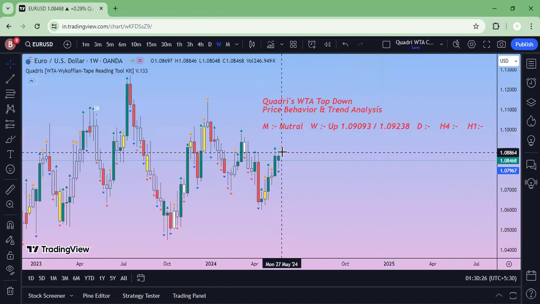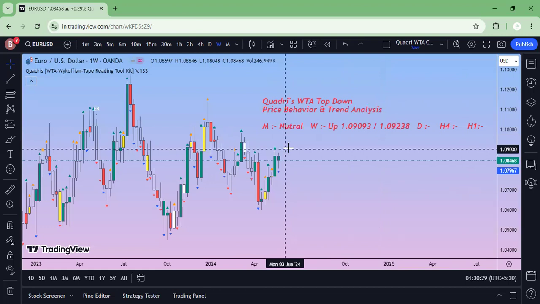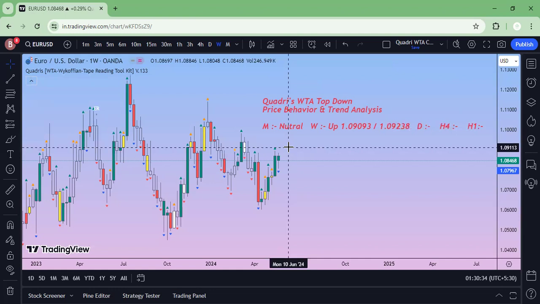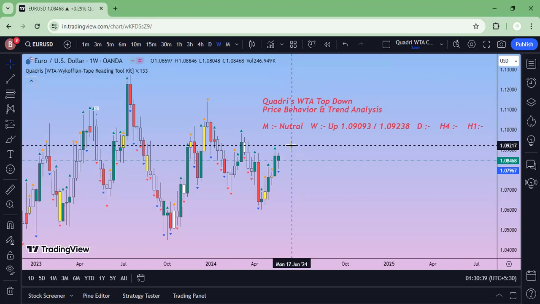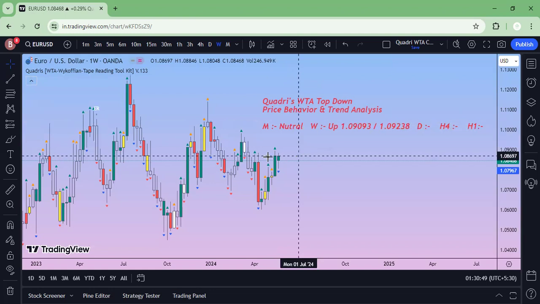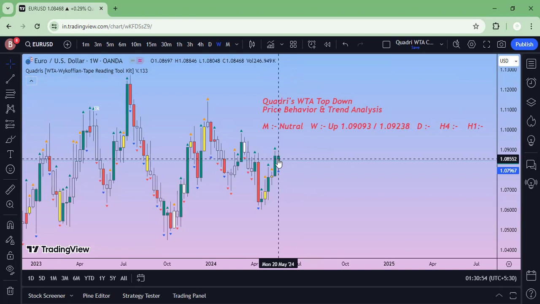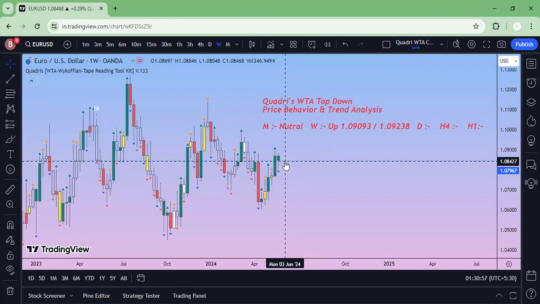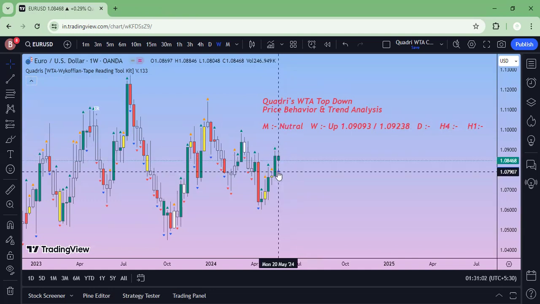So this is the first obstacle, 9093. If it holds this level, then it will go up to 9238, and if it holds this level, then it will go upward. As of now the price is in an up move, but the next session would hold importance, whether we see a continuation of price or, as this bar suggests,